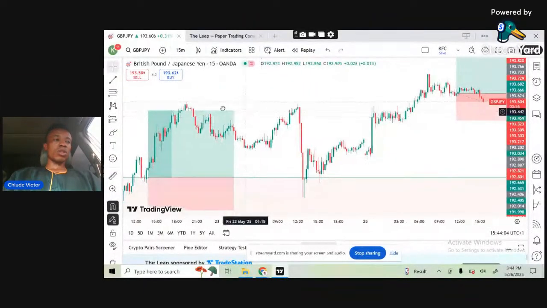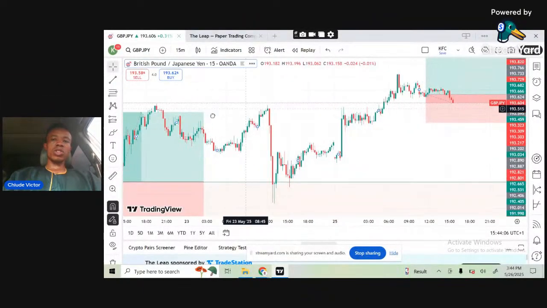So in the next 5 minutes, let me see what briefly I can show you about the market before I begin to do other things. Okay, so currently I'm sharing my screen. I'm going to be sharing my entire screen so it can be easier for you to see everything I want to show you, even if I'm on the charts.